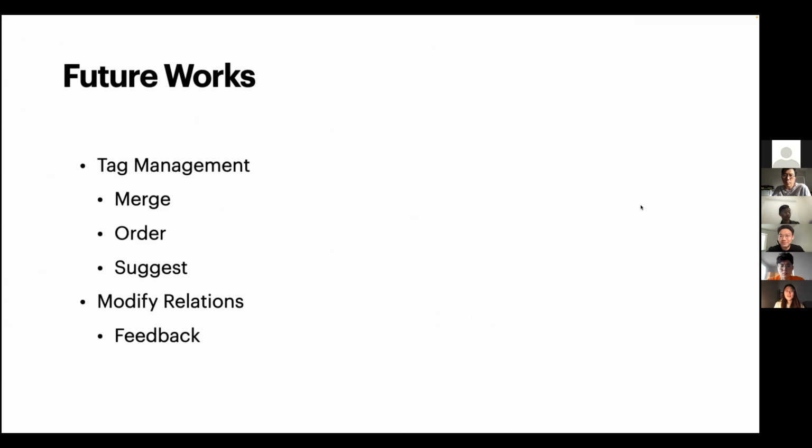I think there are two dimensions we can extend our project. The first one is on the tag management. Currently, the tags are created by the user manually. The chances are good that the user may create duplicate tags like UC Davis and UCD. If the system could automatically detect these duplicates and merge them, that would be nice for the end